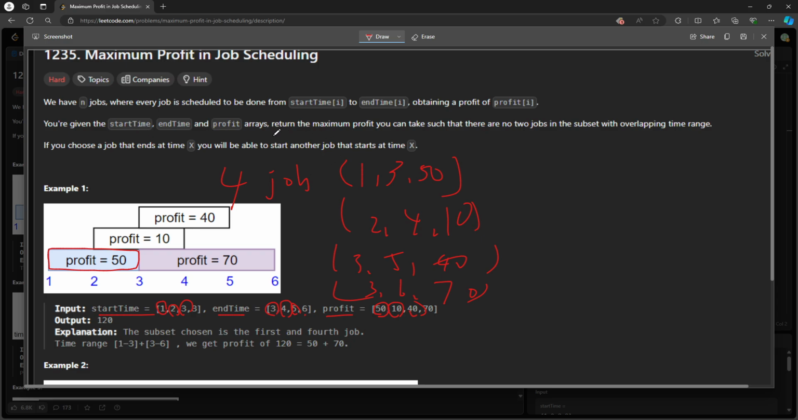So based on these 4 different jobs, what you need to do is return the maximum profit. Like imagine you don't sleep. The maximum profit that you can take, with no 2 jobs in the subset overlapping. So your end time cannot